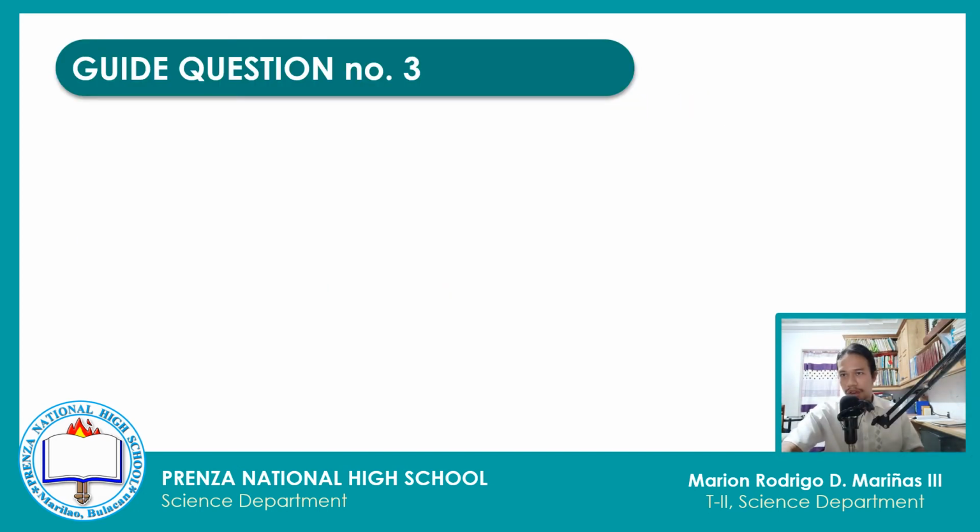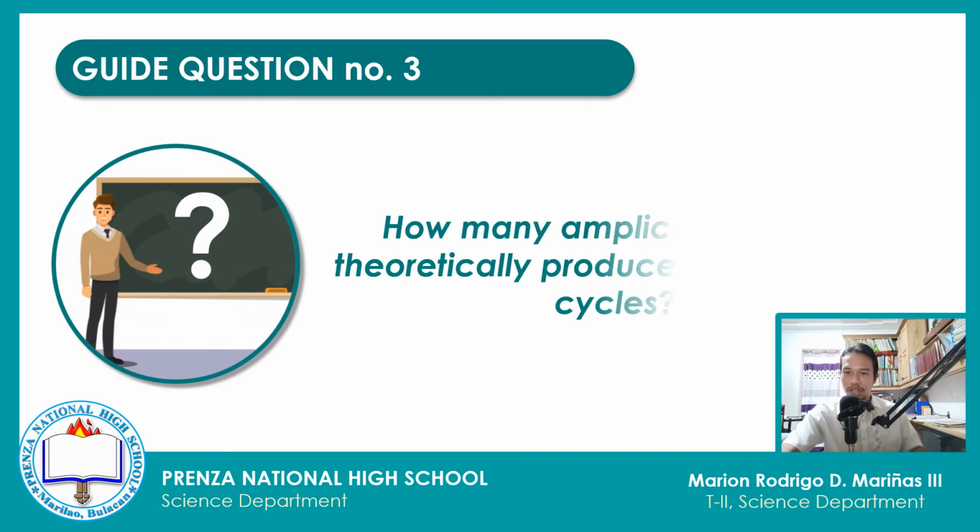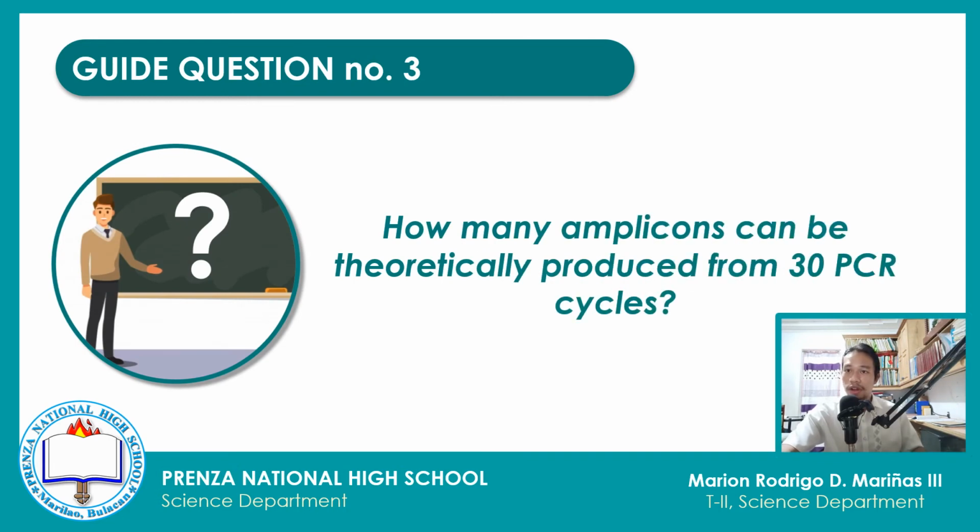Before we proceed to the next part of our discussion, please answer this question first. How many amplicons are theoretically produced from a 30 PCR cycle? Please write your answer on your activity sheet. You may pause this video while answering, and once you're done, you may now proceed watching the next part of